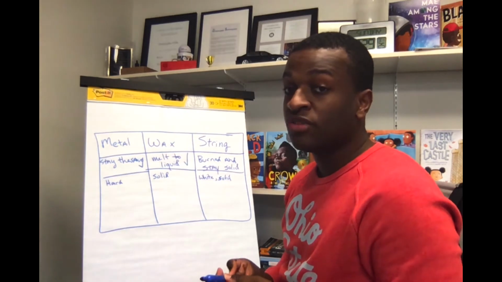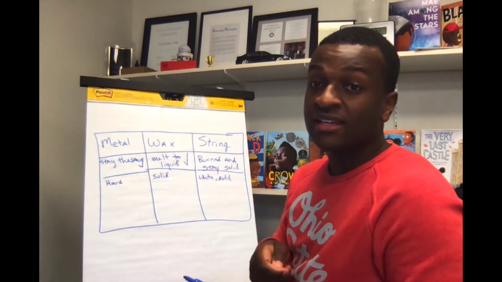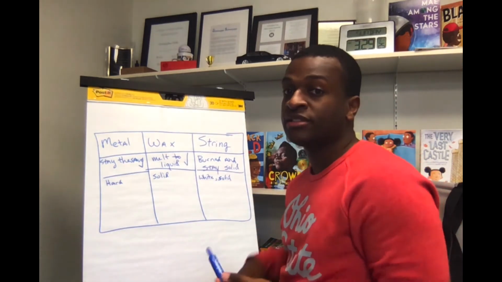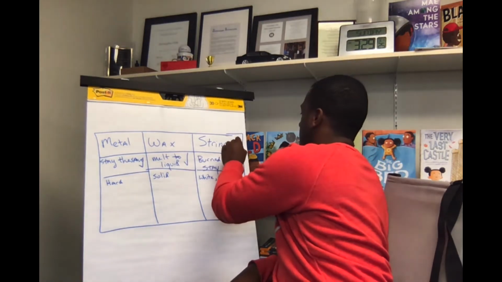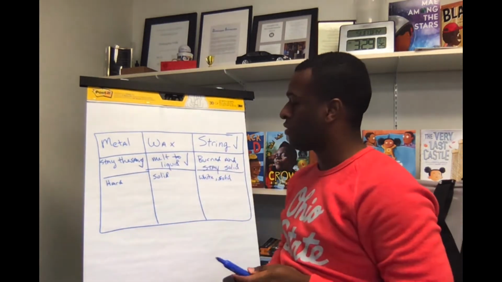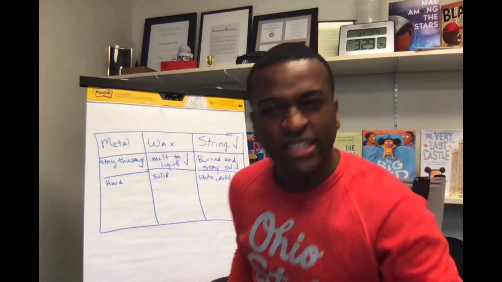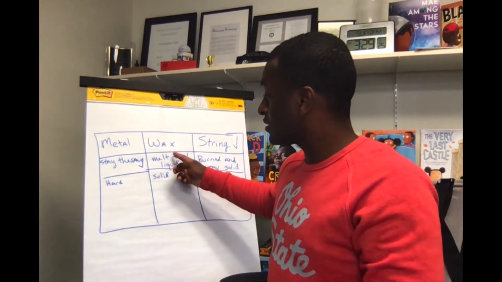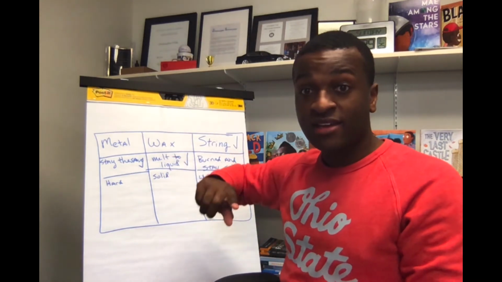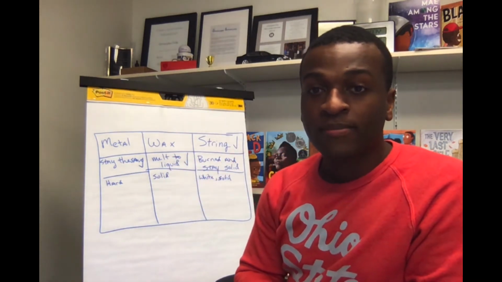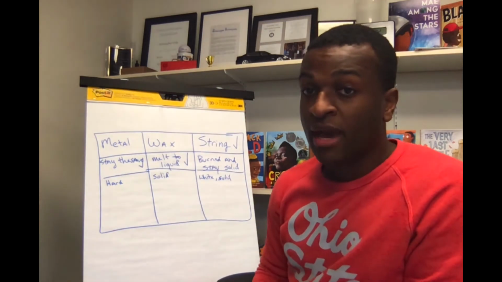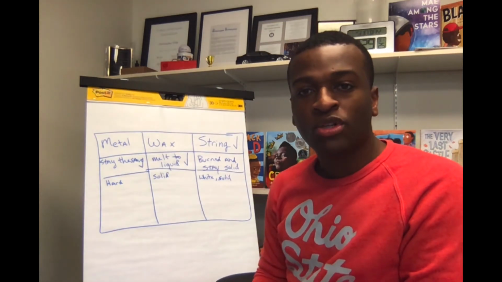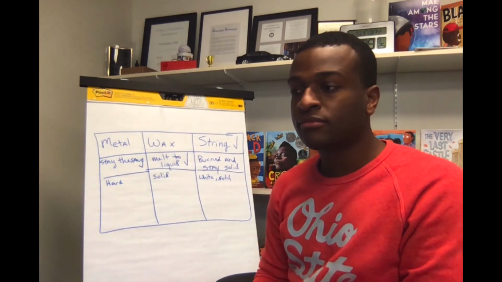It looks to me like the string is still solid because I can light it again, and that it did burn because the fire was on it. So I got the string part right. The one thing I didn't think about though, I didn't think that the wax would turn solid again once it was away from the flame. So I think partially my hypothesis was correct, but there was more to it that I should have kept in mind.